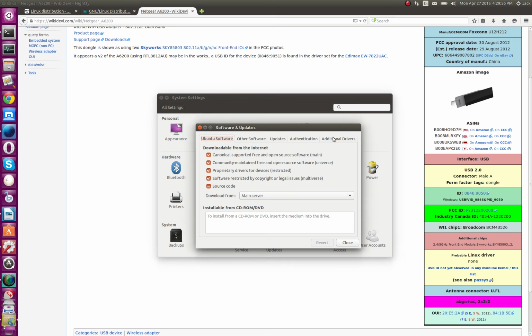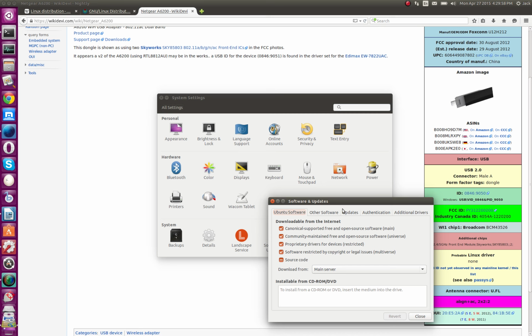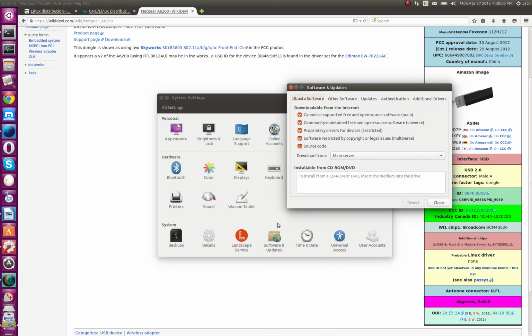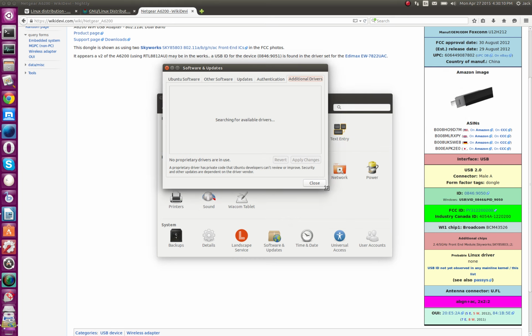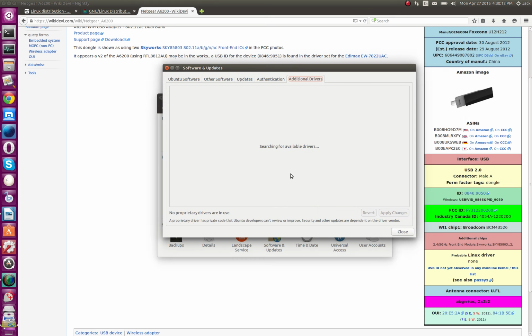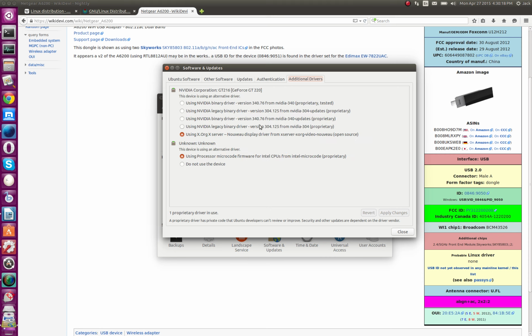In Ubuntu, you'll go into your system settings, and I'll show you how to get to that as well. You go into your system settings, and you go to software and updates, and then this comes up, and you'll go to additional drivers. It will take a second to load, but you'll see, in many cases, if you have a